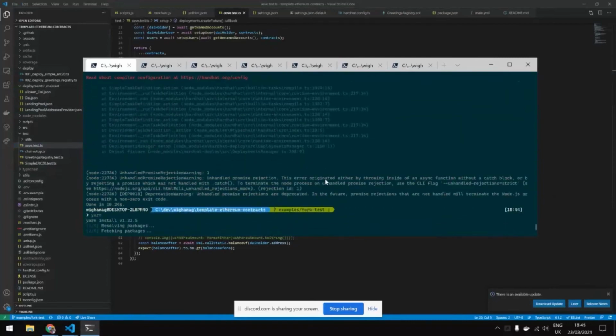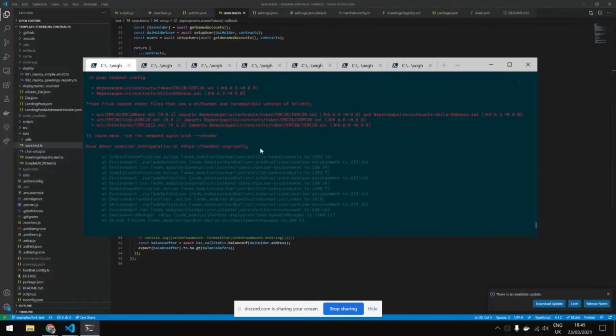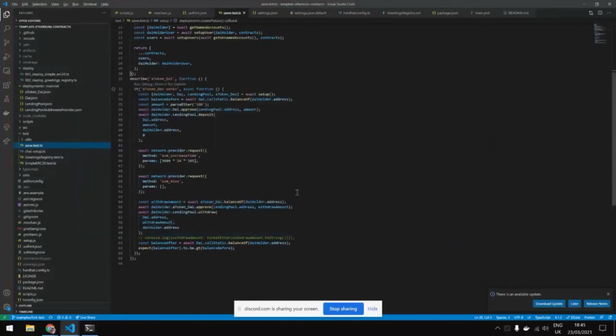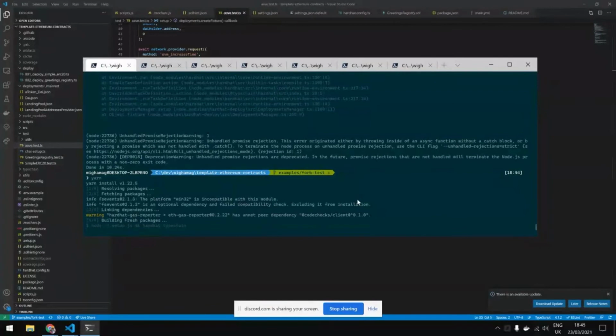Oh, okay, I think I just need to run yarn because I was on another branch with different dependencies. But yeah, it allows you to execute the whole test against mainnet. And also, I forgot to do something. I should specify a block number. I don't know if you use the forking feature, but it's amazing to be able to do this. For efficiency reasons, you should always specify a block number so that the next time you execute it, you basically cache the data that you get. So it's always better to do it.